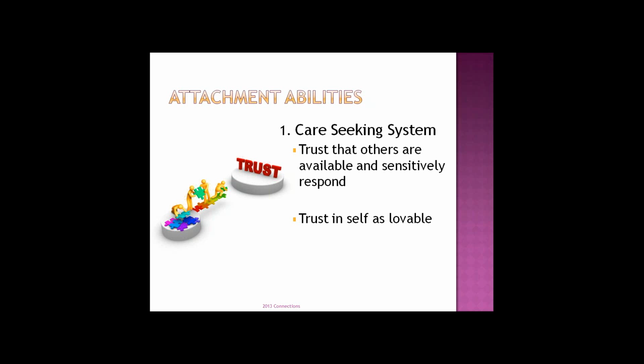That's where you can start. And when you begin to treat yourself with respect, you will begin to shift out of "I'm not lovable" to "Hey, I am worthy of loving," because we respect people and we love them. So work towards trusting the fact that you are lovable so that you can begin to put in place a care-seeking system. Seeking care is important in attachment because if you're not asking for help from people, if you're not connecting for people, trusting with a need that you have, you're not going to be able to emotionally connect. Okay? First one, care-seeking system.